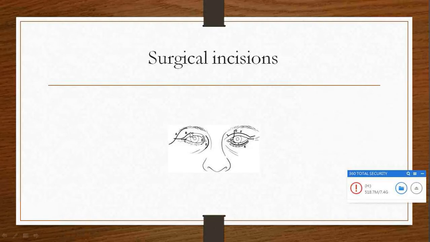The advantage of incision B, the lid crease incision, is that you can hide the scar in the naturally present lid crease. But the disadvantage is you need an expert assistant to retract the tissue, and you may be liable to injure the LPS and induce some amount of ptosis.